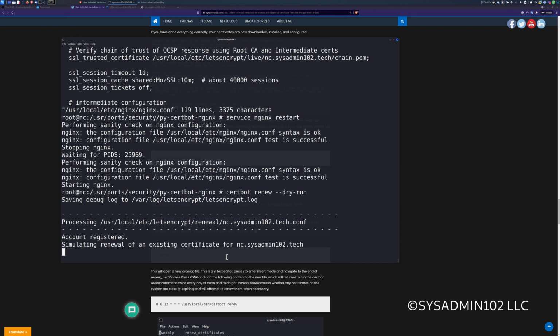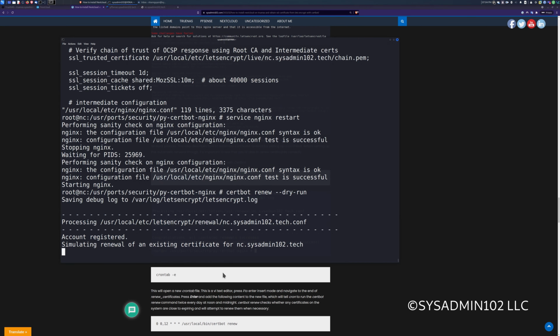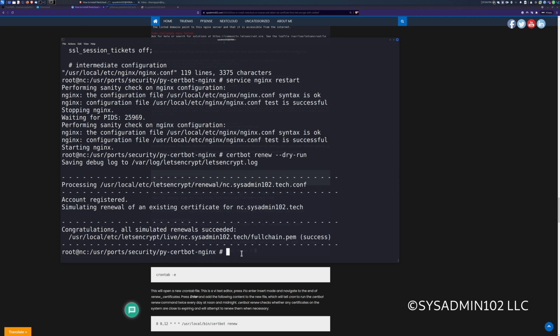And now it's simulating renewal of the certificate. If everything went smoothly, then we can start setting up the auto renewal. All right, so everything is working, and it successfully renewed the certificate, simulating renewing the certificate.